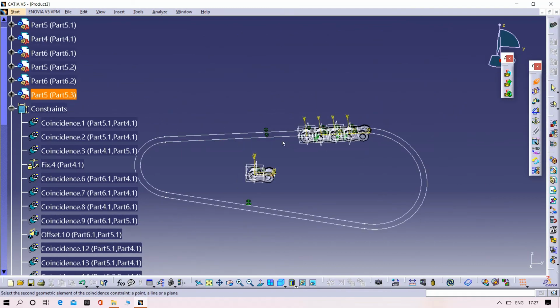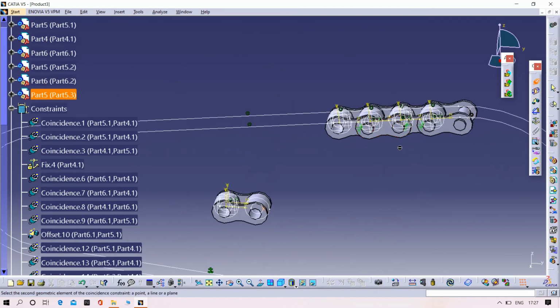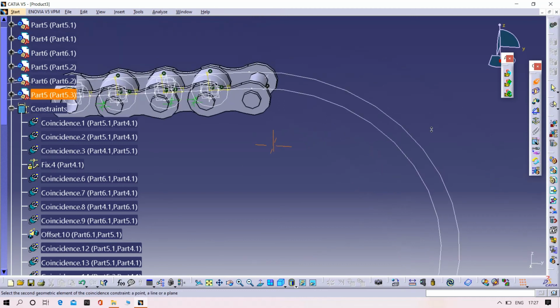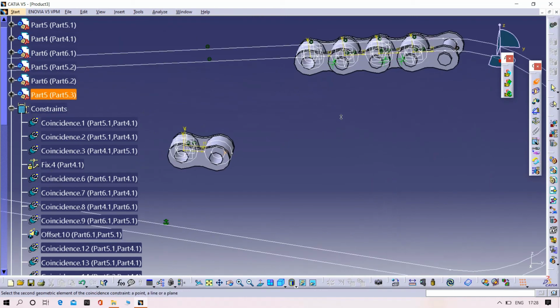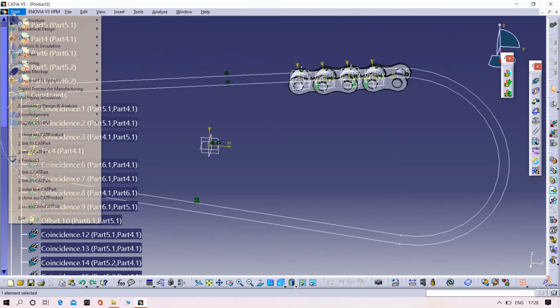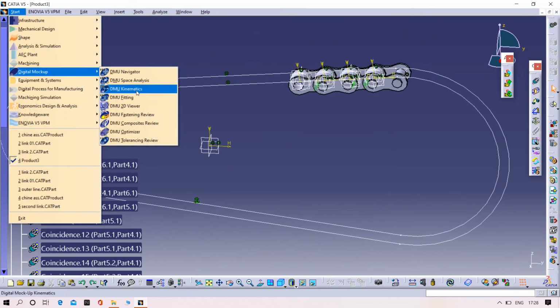You completed this fully horizontal line. You need to add the links in this curve. What to do? This line is not selecting. Then what to do now? For that one, try to open the kinematic section.